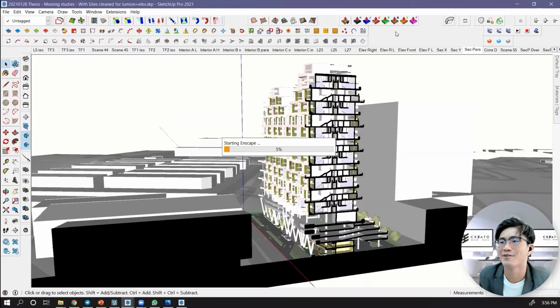I'm loading Enscape now. You've got the golden chance to see an overview of your entire architectural studies, the software you're going to learn. A good overview, not everything.